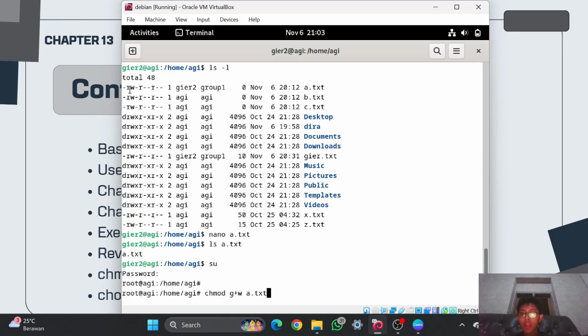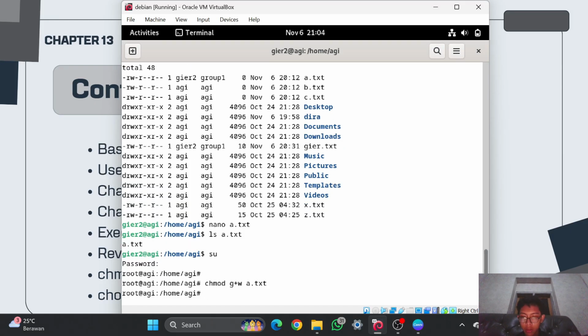For the first one it is user, the second one it is group, and for the last one it is other. In this syntax, I will add the permission of writable or write into the group on the file of a.txt, and I will just enter it.